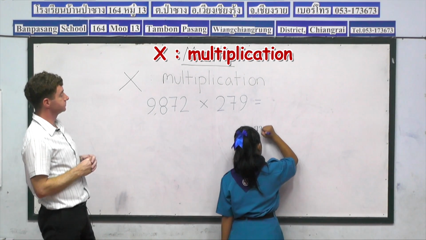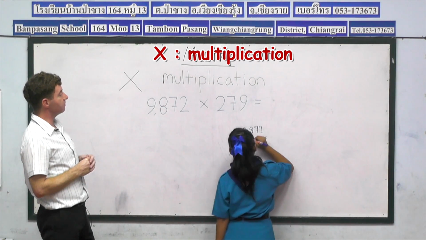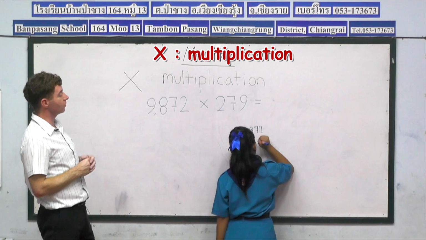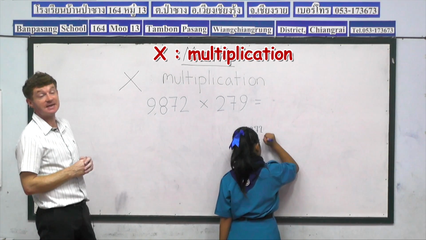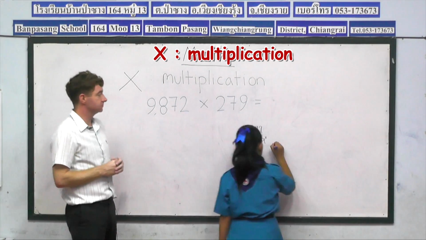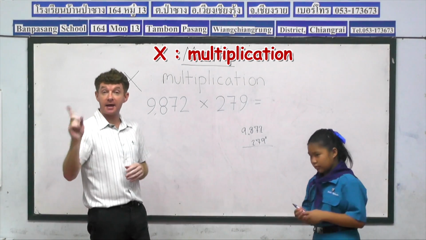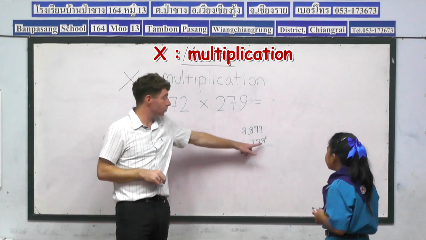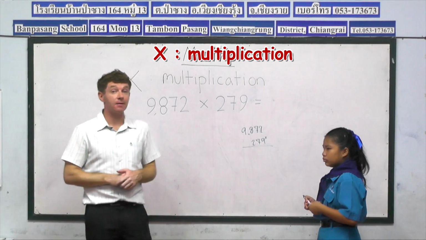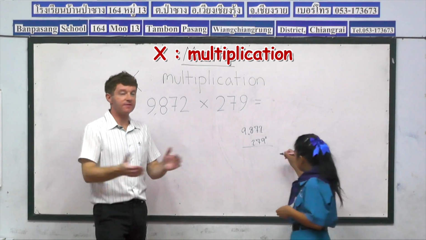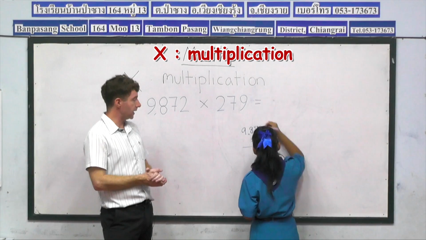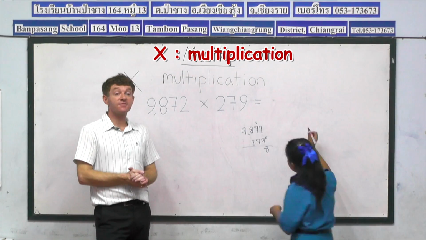9,872 multiplied by 279. Okay, so now we can begin. And as we know now, we always start with the ones. 9 times 2 equals 18. 8 carry 1. 9 times 7,